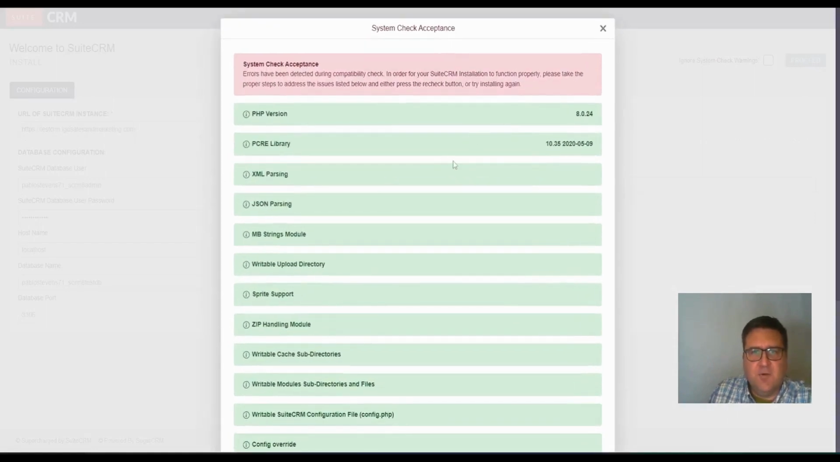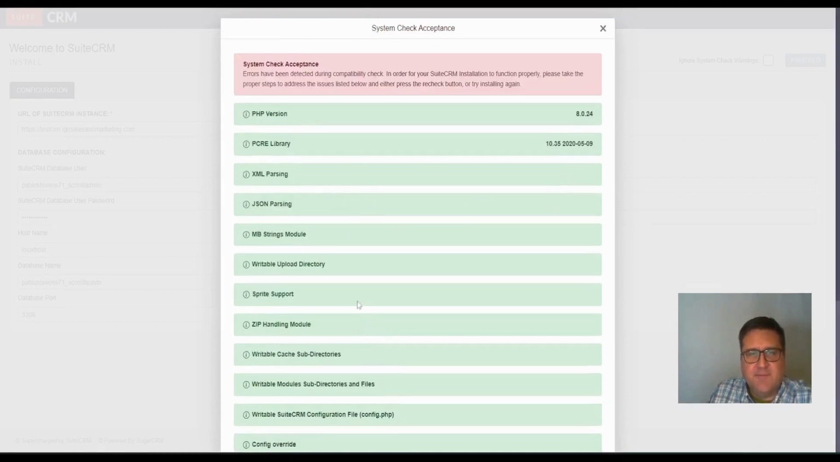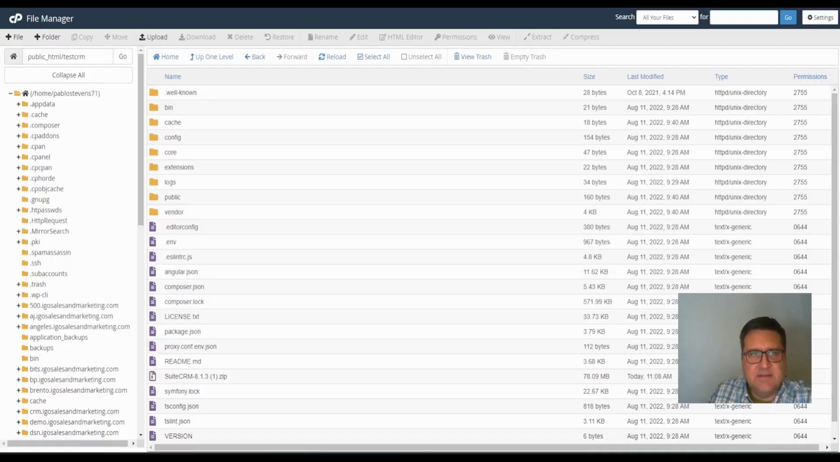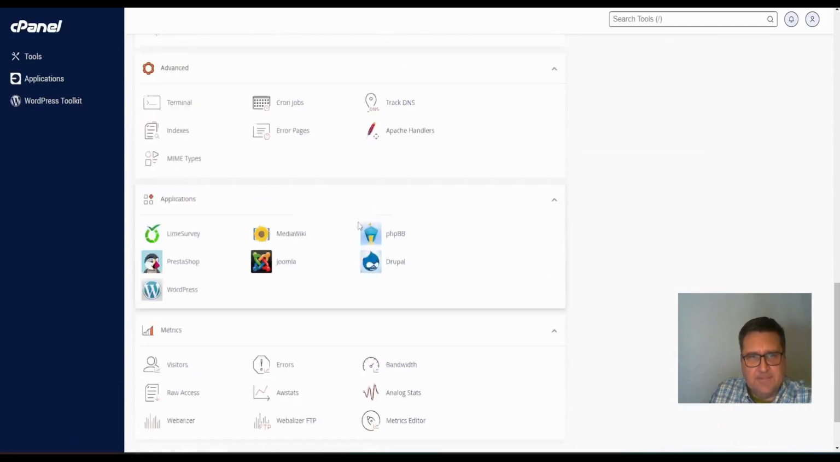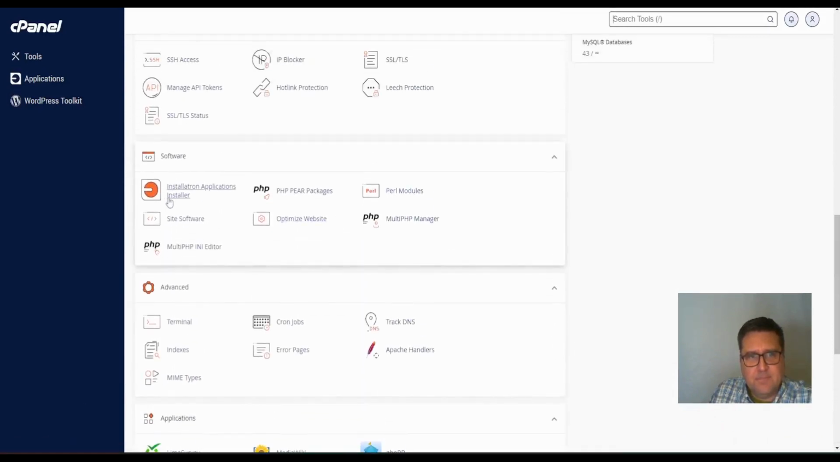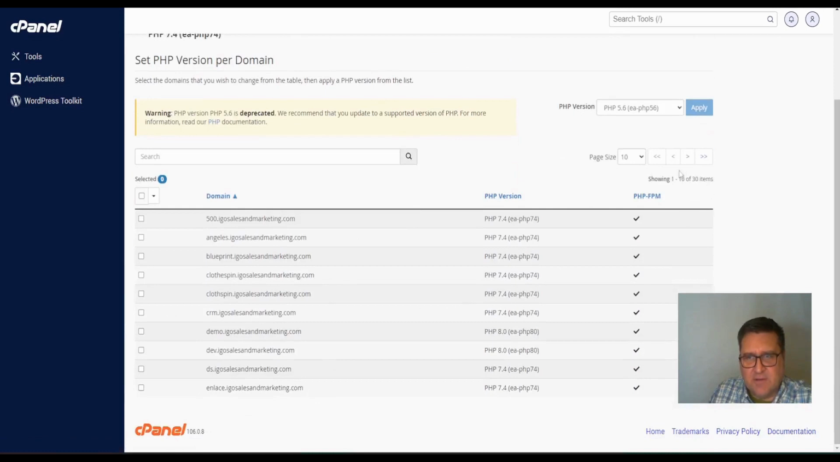Okay, that was looking pretty good. You can see that everything here looks good except for the upload file size. I forgot to cover this in cPanel, but let's go and just check this out. In cPanel, I'm going to go to first the PHP manager. You want to make sure that the domain that you're running,